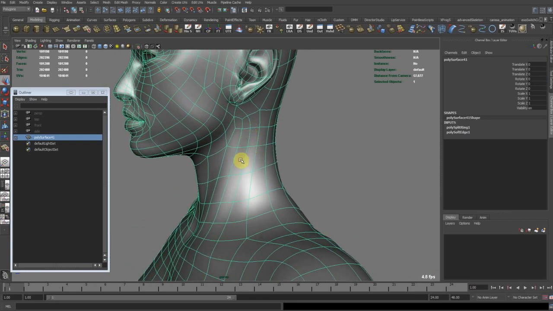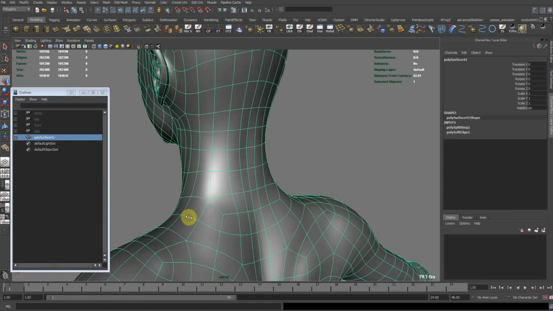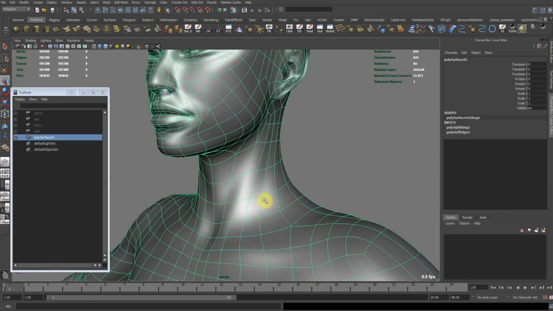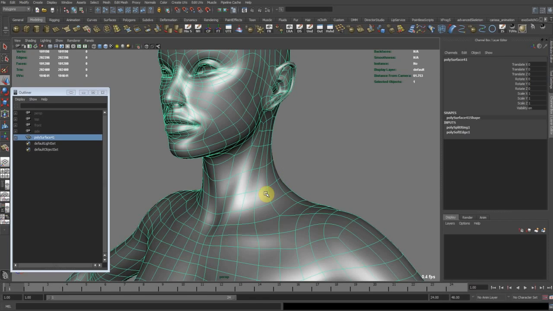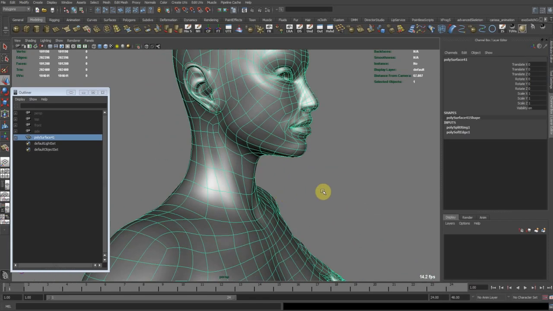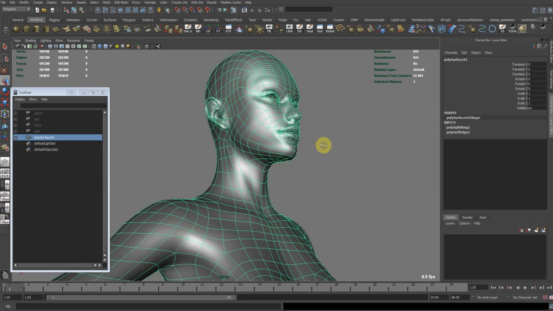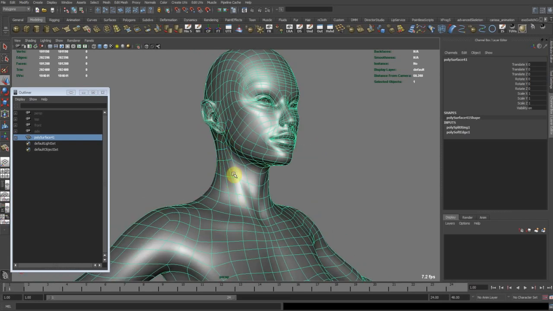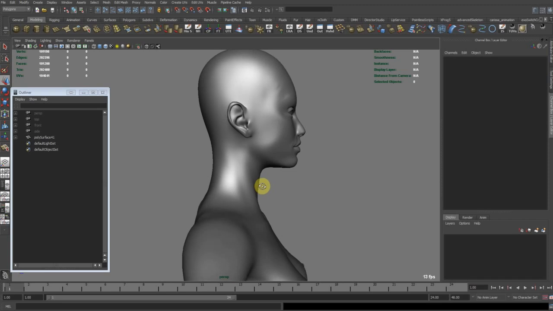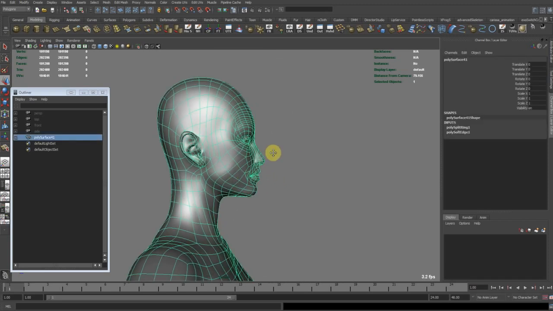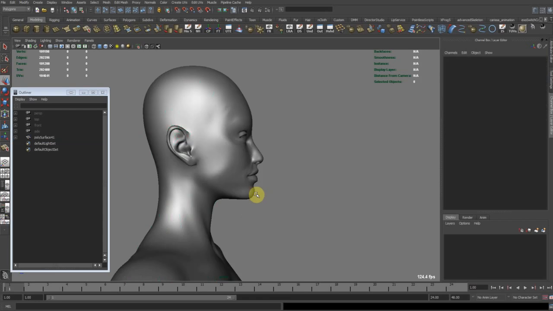Here it might be alright. It might be worth adding an extra edge, but you might also want to test stuff out. Subdivide the model, do your rigging, check it out, and if not, just edit afterwards. I mean, you've got the model, you've got the skinnings, you've got the rigs. It might not be too much of a pain to do a model update later. It depends on what you consider a bigger pain: not having a perfect deformation going on here, or just updating your model to get that. So that was that. Then on the face,